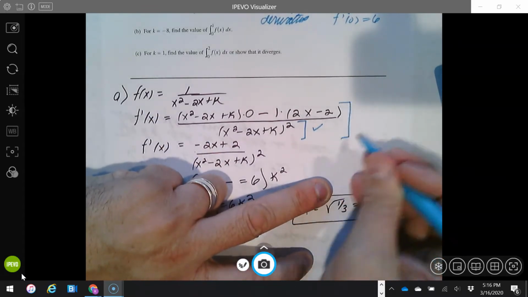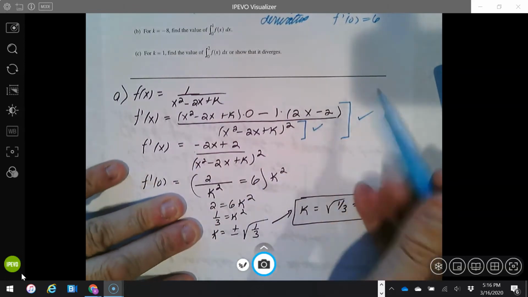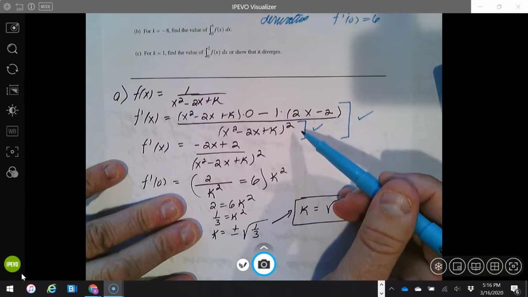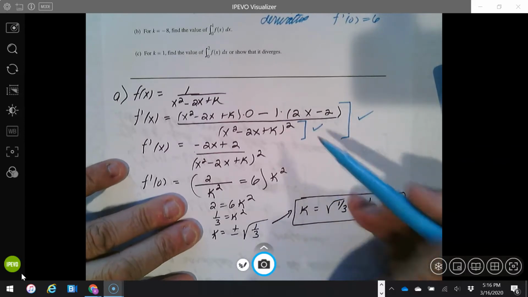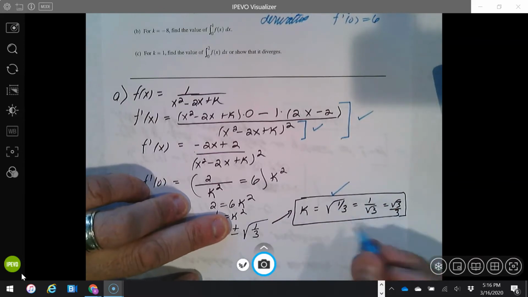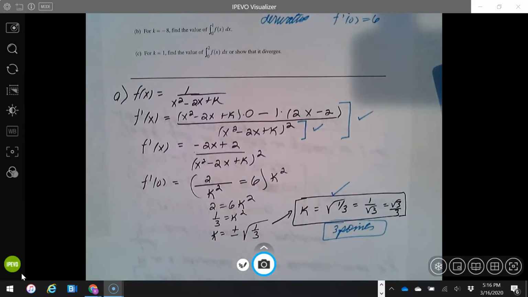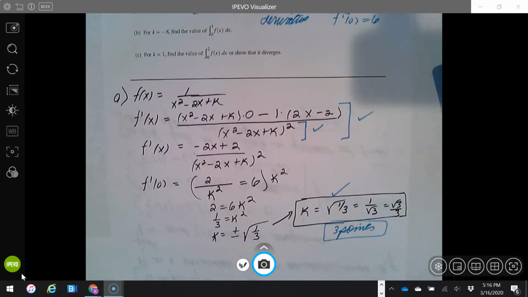1 point for having the whole general form for f prime of x correct. So basically they're awarding 2 points, but they're being very specific. I think I like that. And then the third point for saying k is equal to square root of 1/3. So that is a grand total of 3 points. I would expect most calculus BC students to be able to do that quickly and accurately. Let's move on to